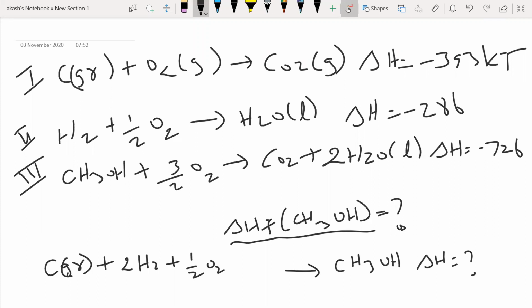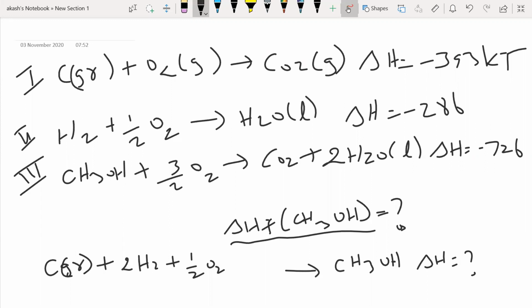People, if you remember, I told you what operations are possible in the case of thermochemical equations. When you add two or more reactions, you have to add the enthalpies also. Whenever you multiply the reaction throughout by a factor, say 2, you have to multiply the enthalpy also by 2. And whenever you reverse a reaction, the enthalpy will become the negative of the original value. Hope you remember all this.